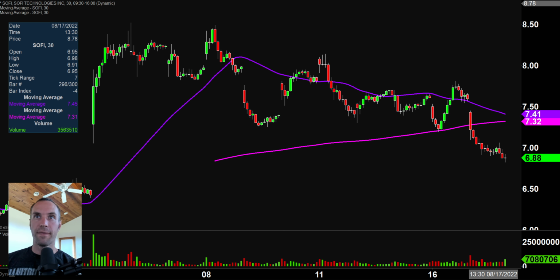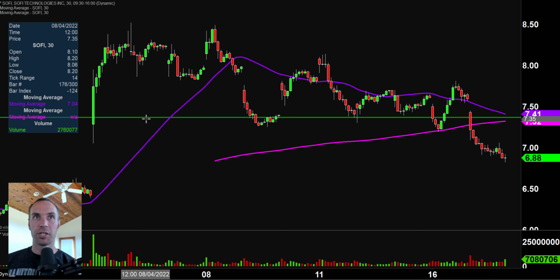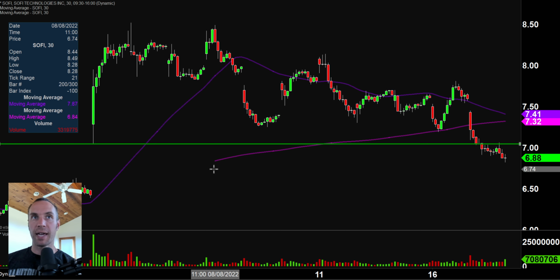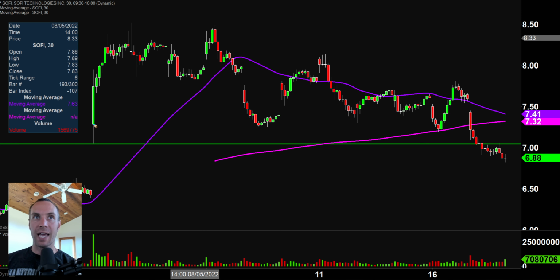Next, SOFI, and a rough day today, not necessarily because it was red, but because the price actually broke through a pretty significant area of support, which was from this area back here at 705. After that big gap up, the price pulled back, found some support right there, and then never looked back and went upwards and just continued to grind. And yeah, there were pullbacks, but the one thing with each of these pullbacks is they never went down and even tested 705 until this one right here. But the problem is not that it tested it, the problem is that it broke down below it. So keep in mind where that